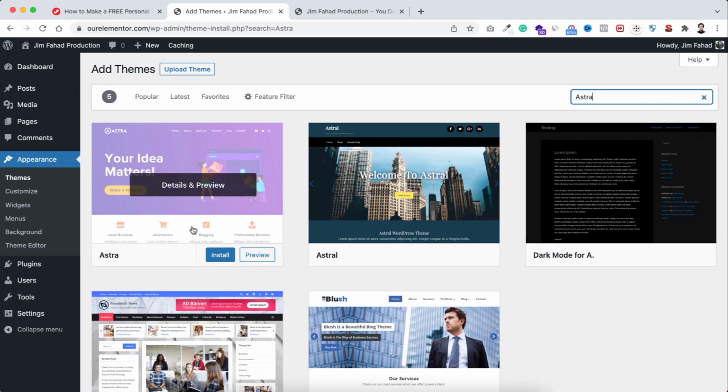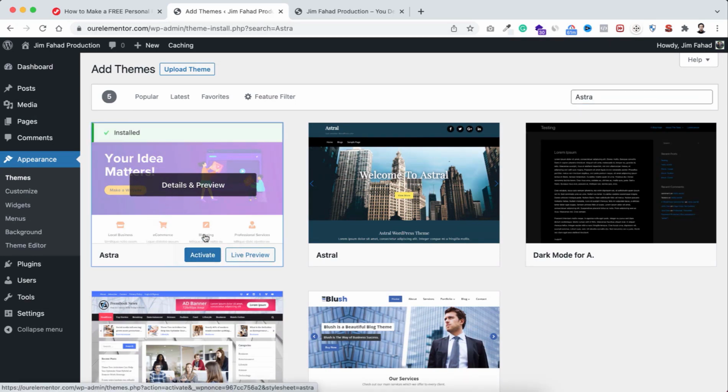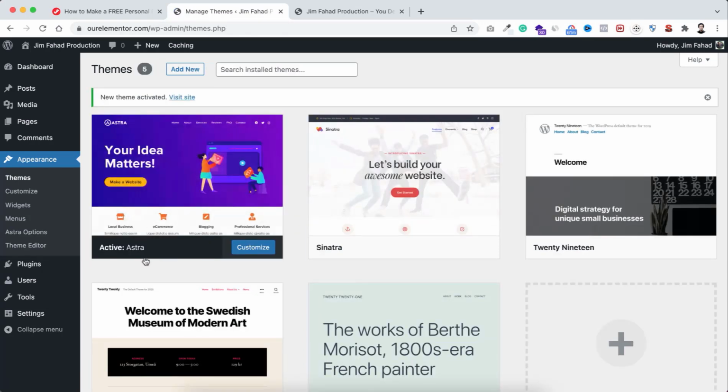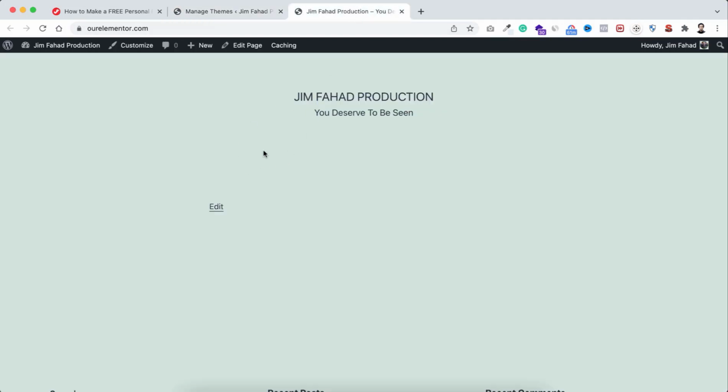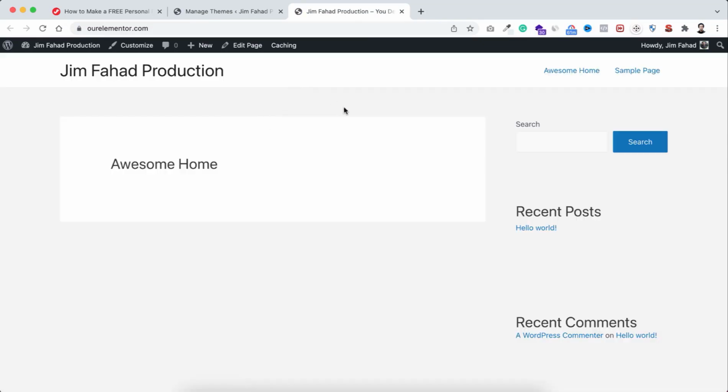Here, this one, I was looking for it. Now from here, click on install and then click on activate. So we have successfully installed our Astra theme. If we now go to the front end of our website and refresh the page, yep, our theme has been changed successfully. I know it's still looking super bland, super boring, but we will be creating our beautiful